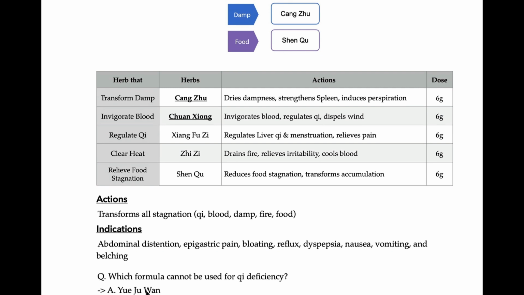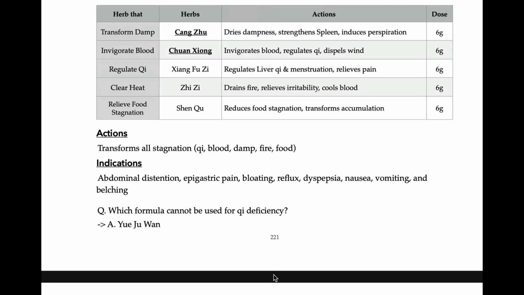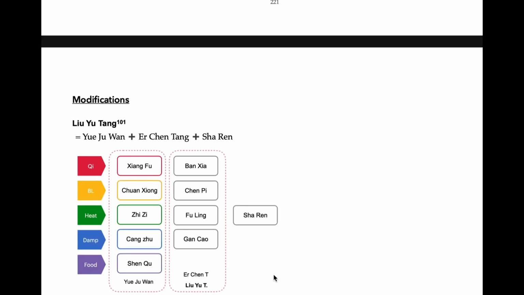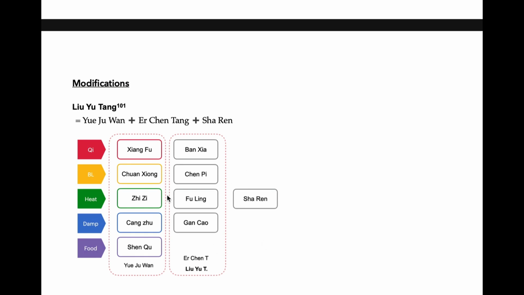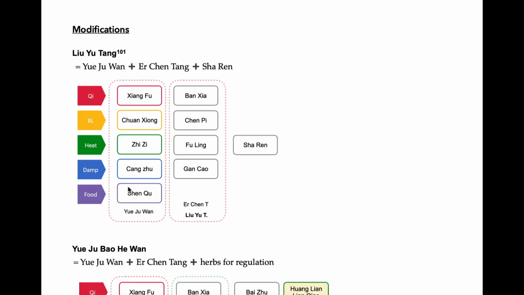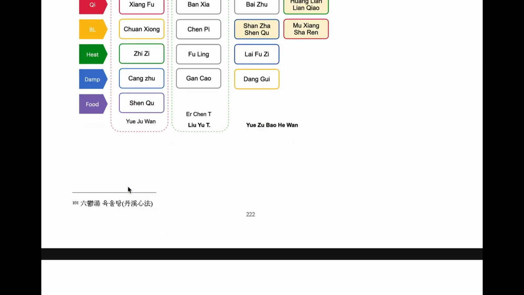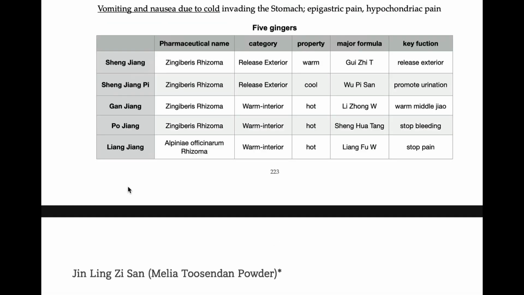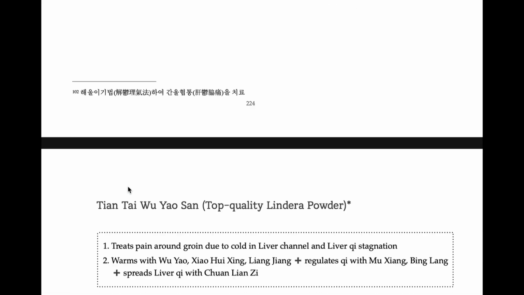Qi deficiency signs, blood stagnation signs, and dampness signs all together. And which formula cannot be used for qi deficiency? This is only for heat conditions. And what if the patient has severe phlegm signs? Add urchin tongue. It can be on your examination commonly because this is another famous formula. Liu Yu means accumulation: six accumulation decoction with urchin tongue inside. So as a right combination, remember adding urchin tongue for severe phlegm signs.